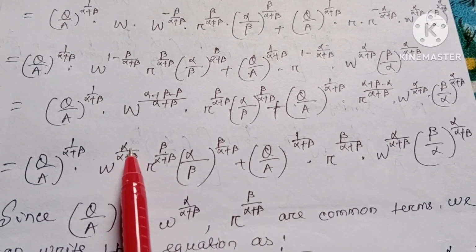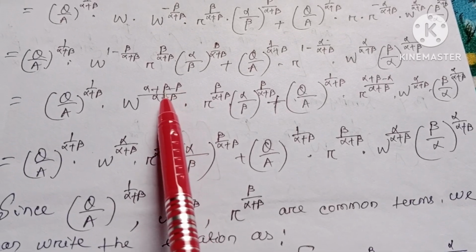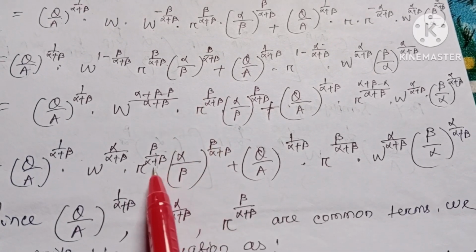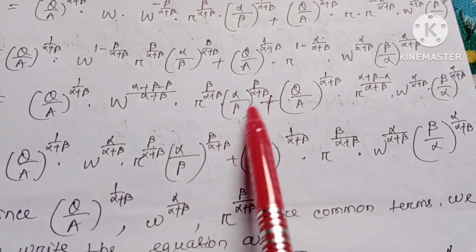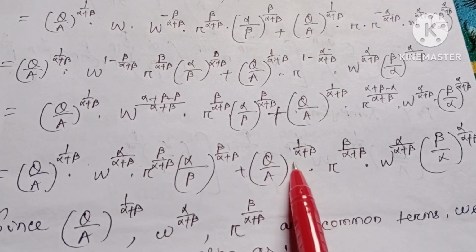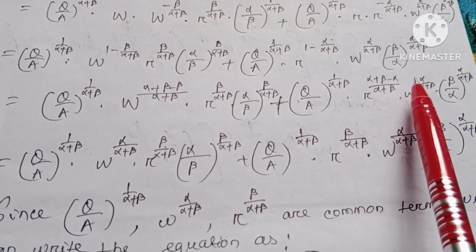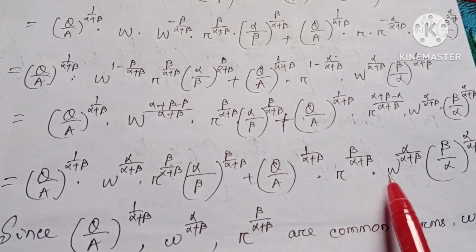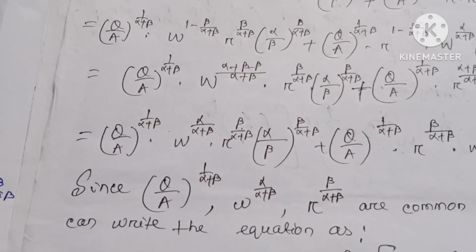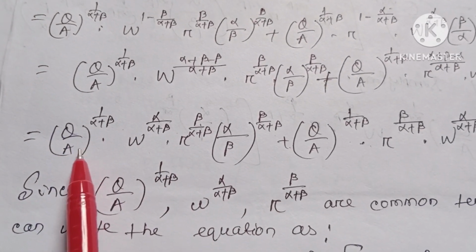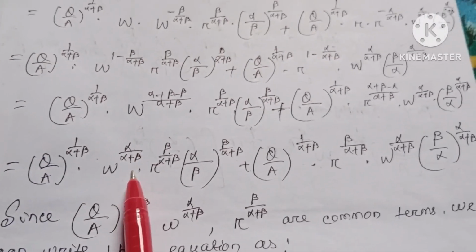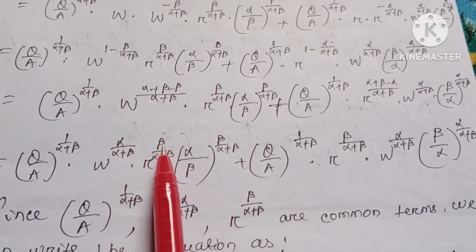into w to the power α by α+β, because here β minus β is cancelled, so the rest is w to the power α by α+β into r to the power β by α+β into (α/β) whole raised to β by α+β, plus (q/a) to the power 1 by α+β into r to the power, α cancels, the rest is β by α+β, into w to the power α by α+β, (β/α) whole raised to α by α+β. Since this term (q/a) to the power 1 by α+β and w to the power α by α+β is here also, and r to the power β by α+β,